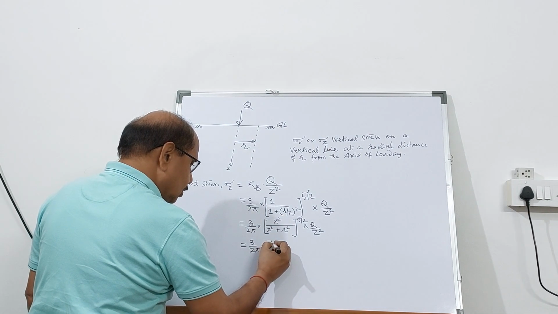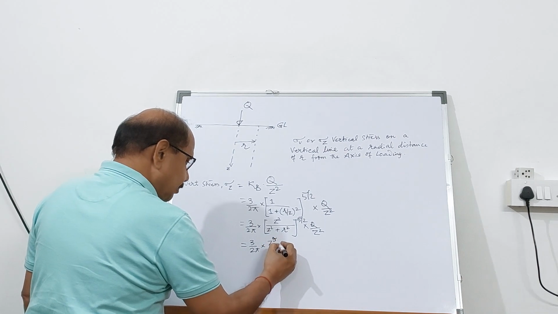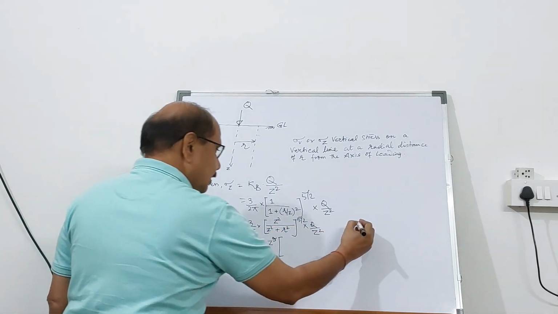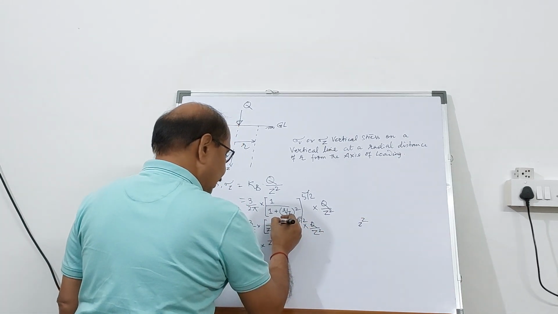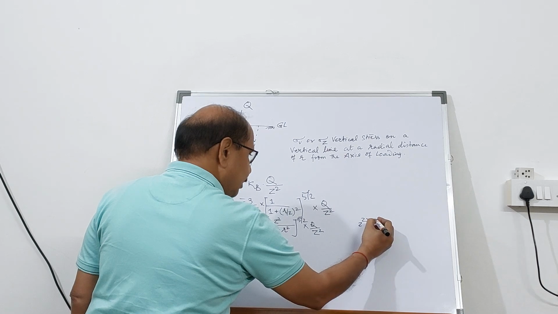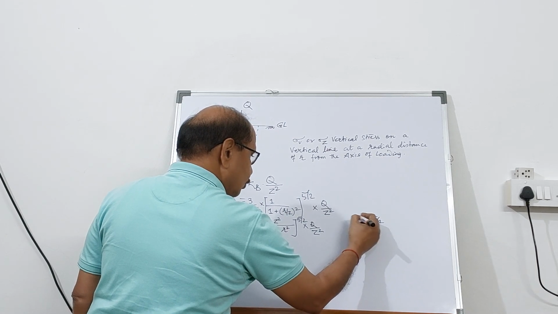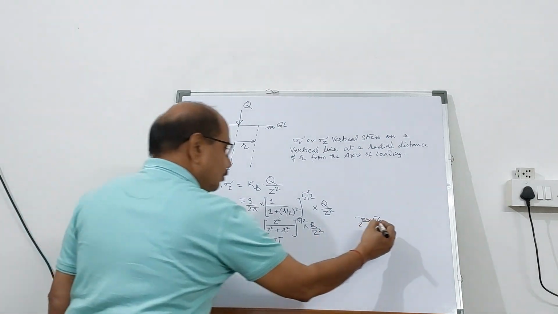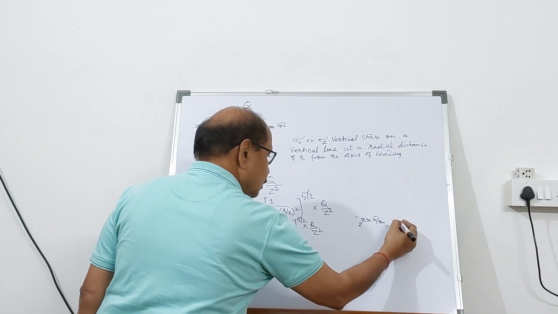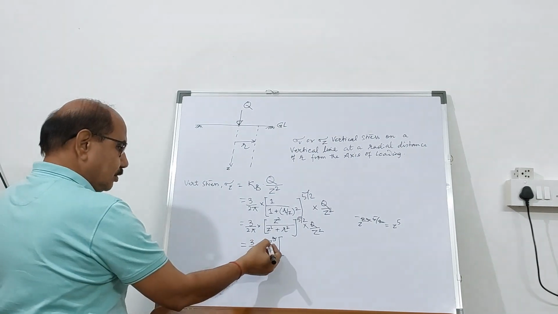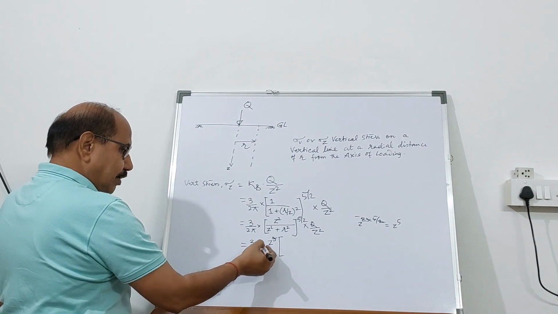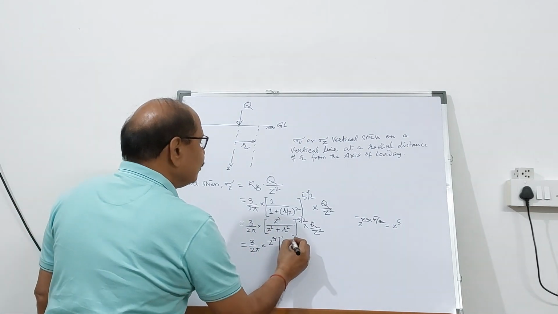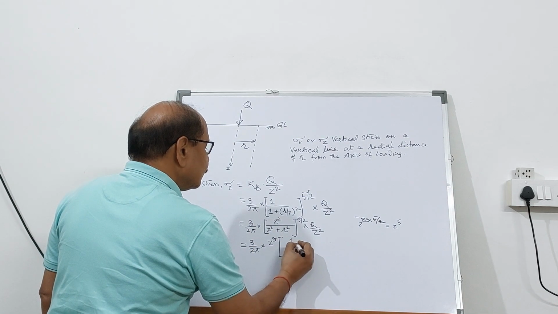The z square on the numerator multiplied by 5 by 2 gets cancelled, so it becomes z raised to 5. This becomes 3 divided by 2 pi, and this z to the power 5 we have taken out,